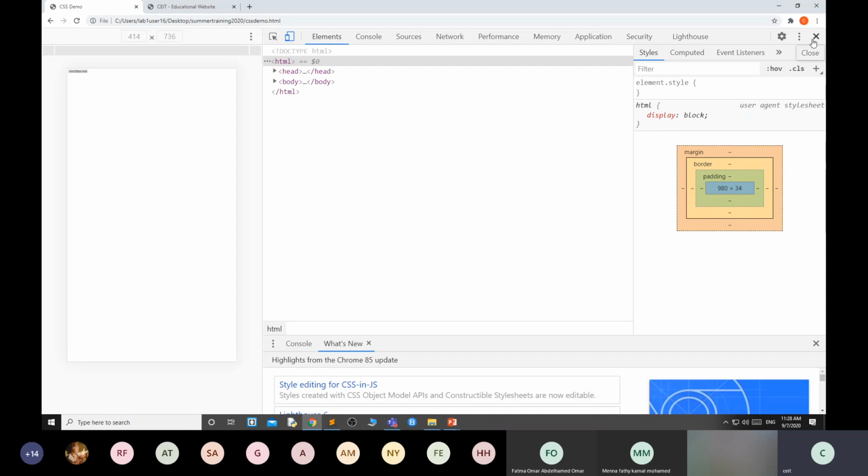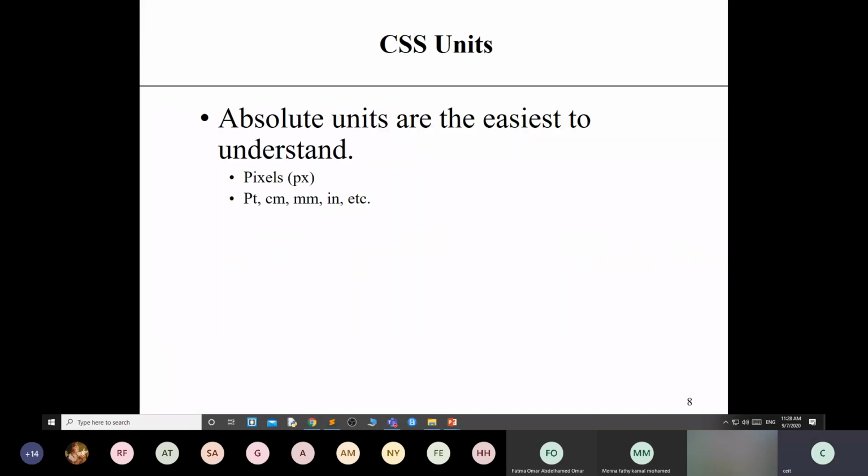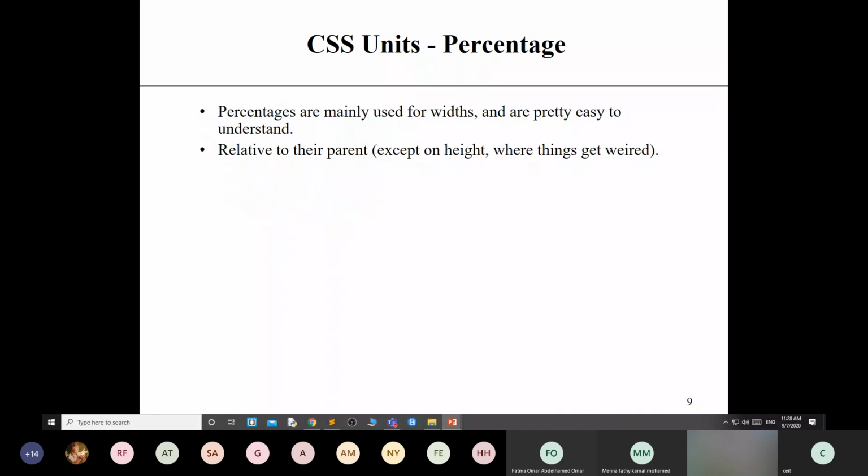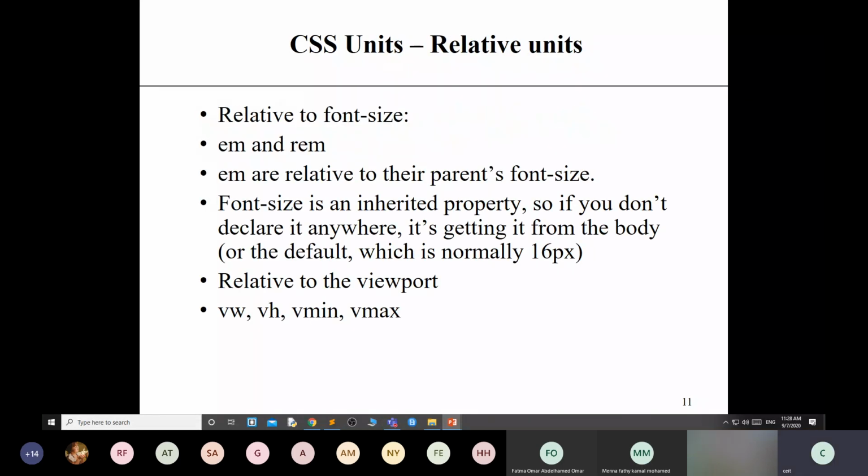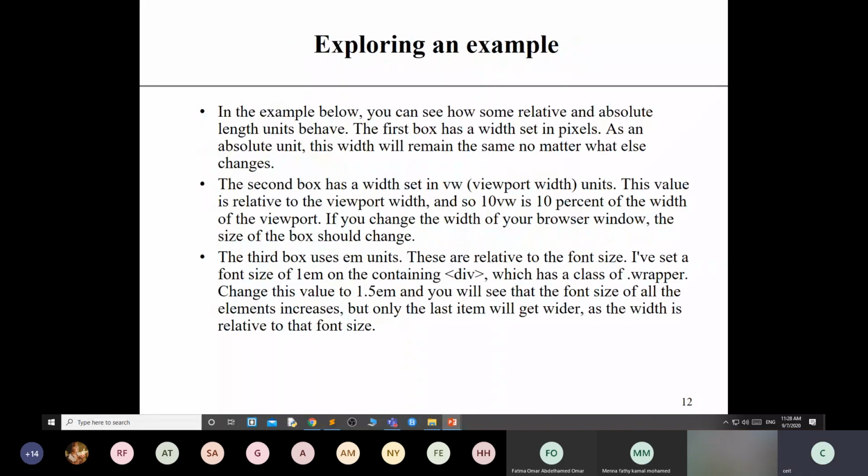Percentage, we will come to this. This is the example I am going to show you where we will see the difference between px, vw, that is viewport, which is a relative unit, and em.